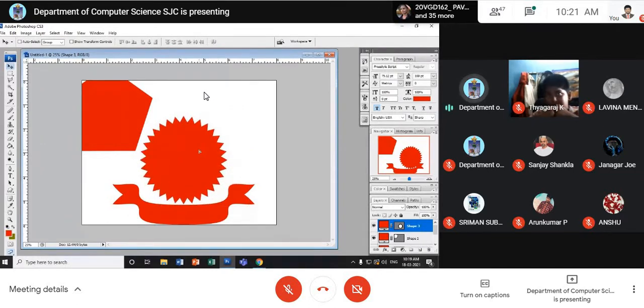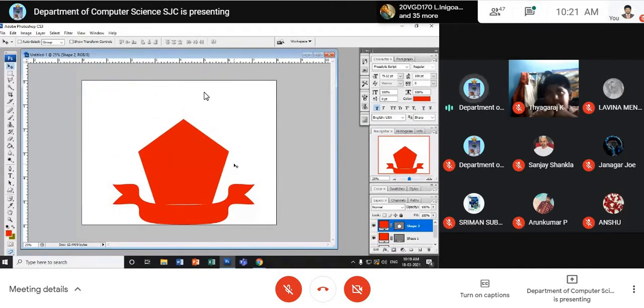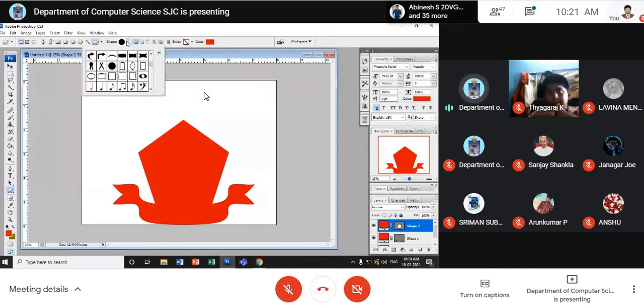Okay, you can make it. Am I clear to you? Right now, I'm using only this tool, but I want you to have your own creativity. Don't follow what I'm doing. You have your own creativity, and you have to do the design simultaneously. Okay, just look, just arc like. Curved arc like.